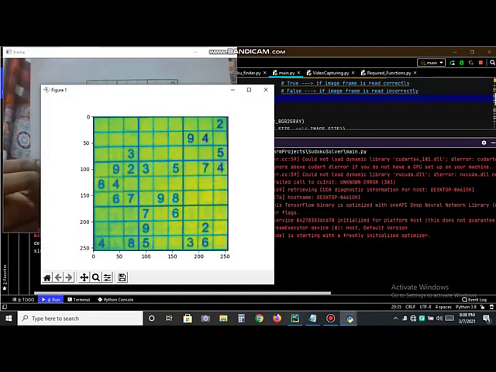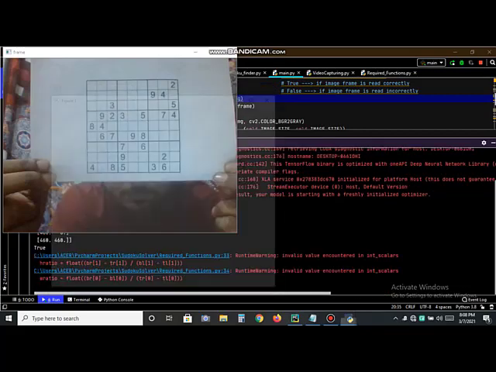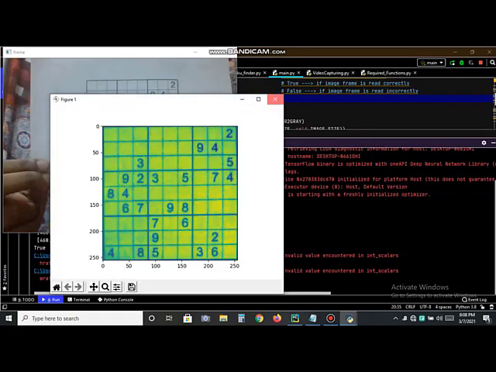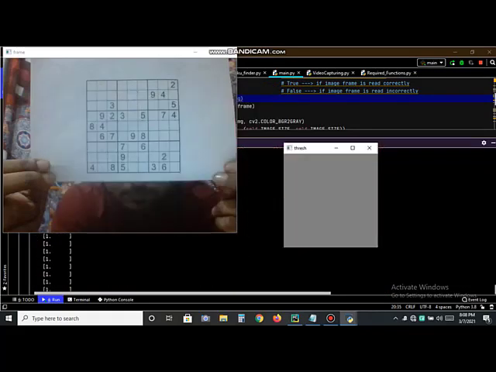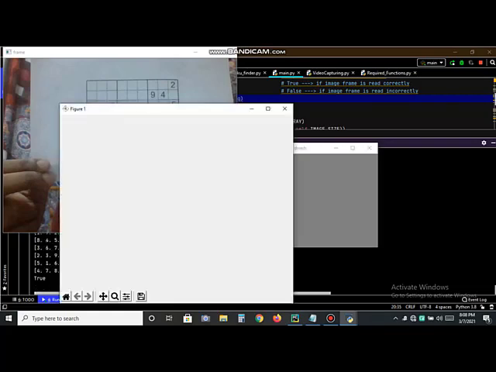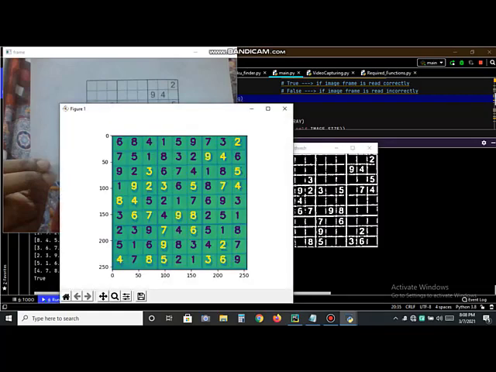Yeah, so here you can see that our Sudoku solver has detected and extracted this input image, and very soon our output frame will be there in front of you where you can see the solved Sudoku image. Yeah, so here it is.